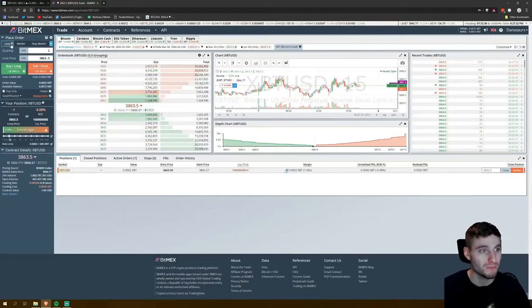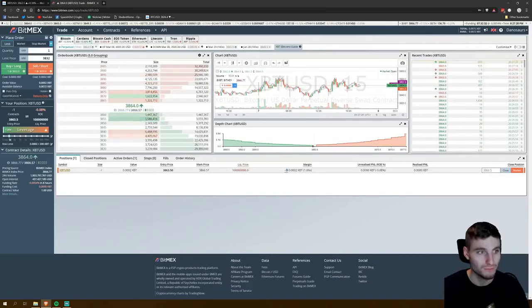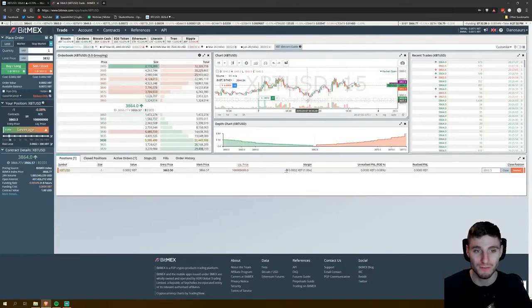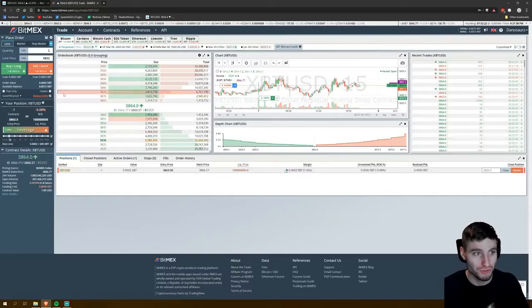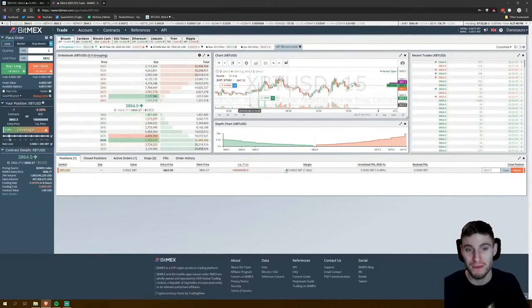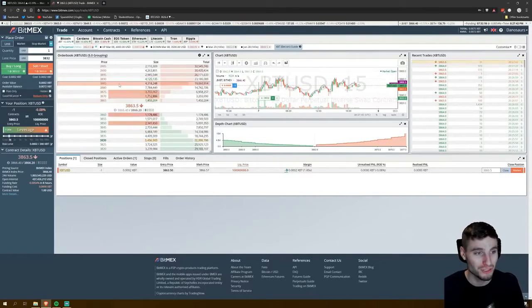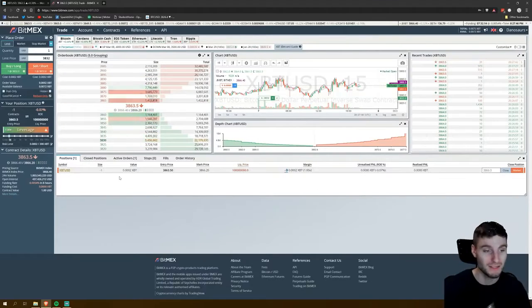Okay, we would simply come over here, place 3,832 with the one, reduce only, buy. Oops, buy. Okay. And then as the price comes down here, it's going to close out this position that we've held. Okay, so that's a basic overview of how to use Bitmex, a how-to-use website. And then some of the basic other things, I guess this was mainly looking for the basic